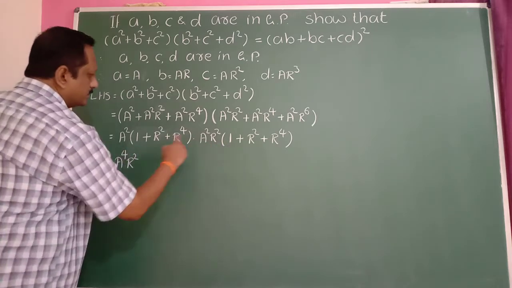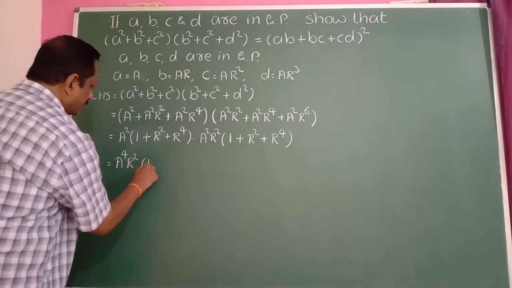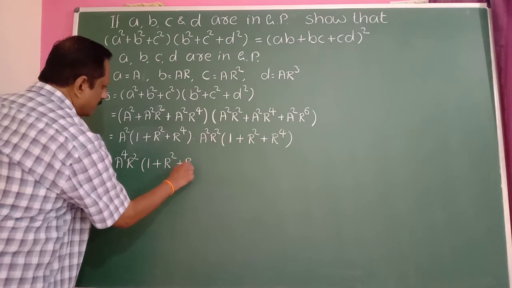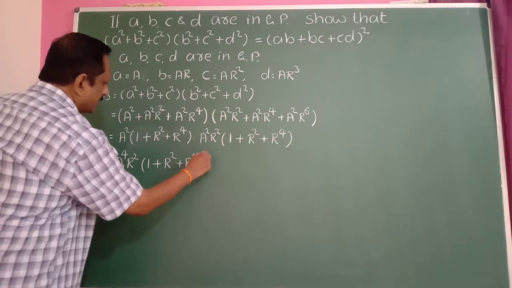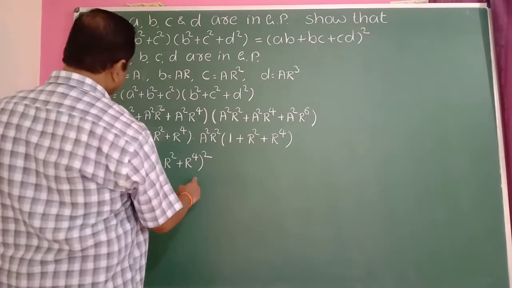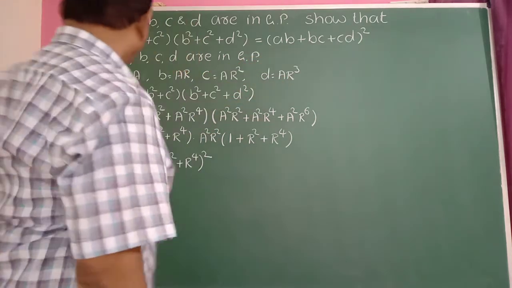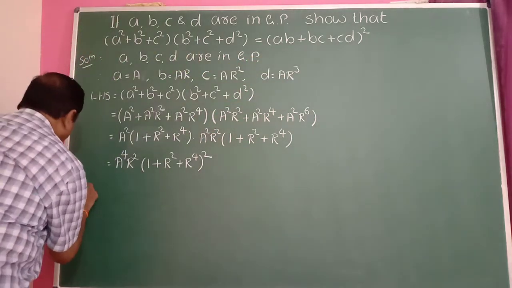and these two are the same here. Therefore 1 plus r square plus r raised to 4, it's a square. Okay, so this is LHS here. Next take this RHS term here. So RHS